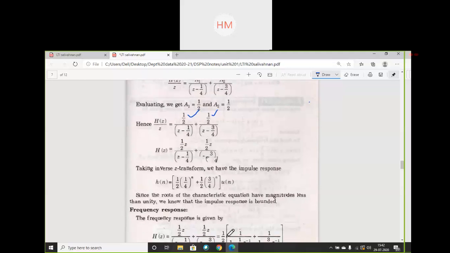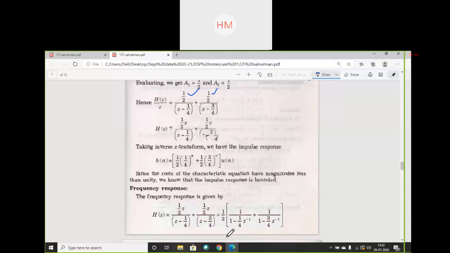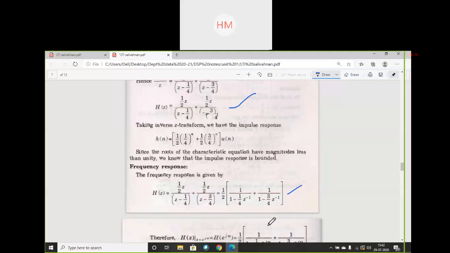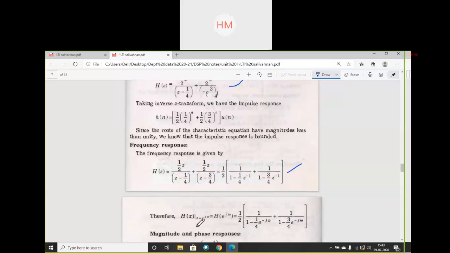Okay, now what I have to find? I have to find the frequency response of the equation. The frequency response is given by, this is my equation h of z, जो हमने यहाँ से find की थी. The same equation I'm writing over here in different way. Because I have to find the frequency response, I will put z is equal to e to the power j omega. I will substitute it, simplify it, will collect all the real and imaginary terms, and then I will find out the magnitude. So h of z at z is equal to e to the power j omega. This is the important condition to find out the frequency response.